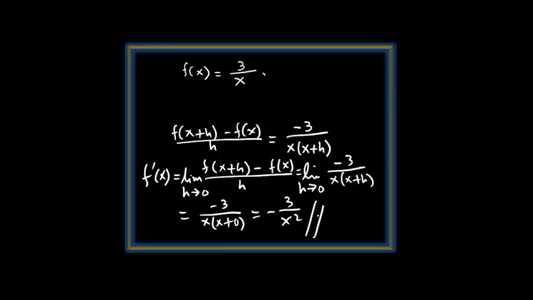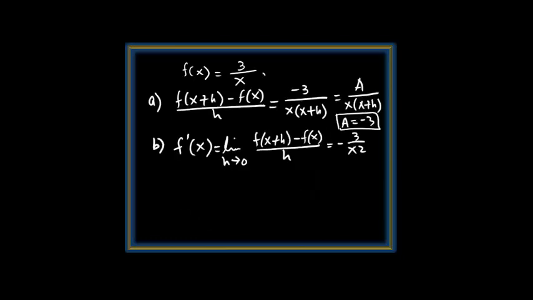Now we may ask you a couple of other questions. So let me summarize what we have got so far. We are given a function f of x is 3 over x. Then we have evaluated the difference quotient, and our result came out like negative 3 over x times x plus h. When you compare with the given a over x times x plus h, from the matching concept we can say our a is negative 3. And then we have used the limit definition of derivative f prime x. After all this simplification, we have found negative 3 over x squared.